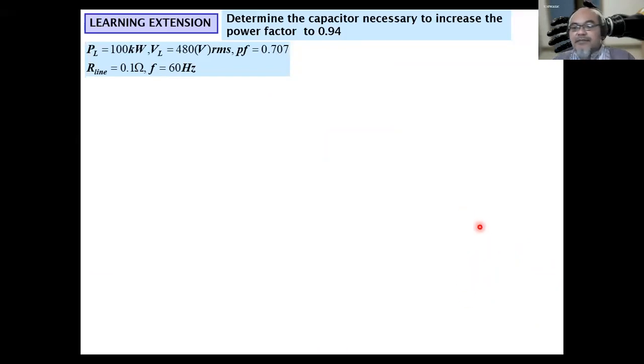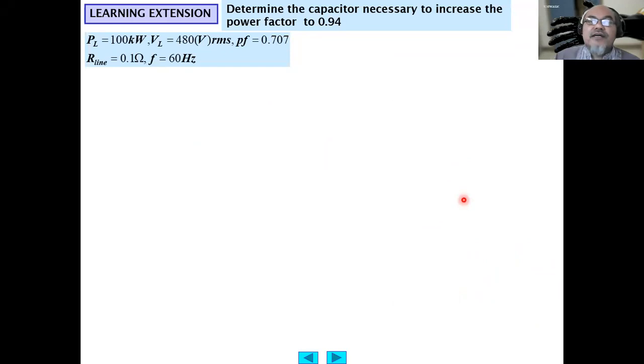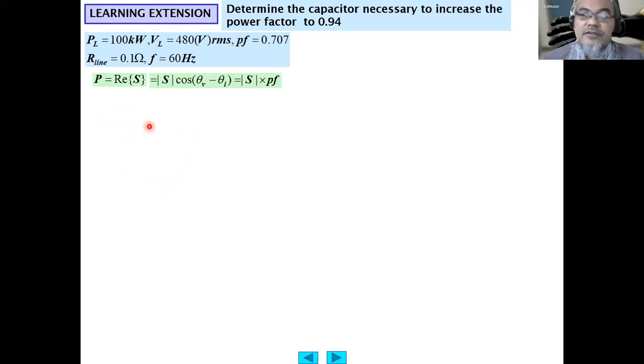Another example, determine the capacitor necessary to increase the power factor to 0.94. The old power factor is 0.707. The active power at the load is 100 kilowatt. The load voltage is 480 volt RMS. The transmission line has a resistance of 0.1 ohm, pure resistive. Frequency is 60 hertz. Okay, so now we have to determine first the Q old, and the S,